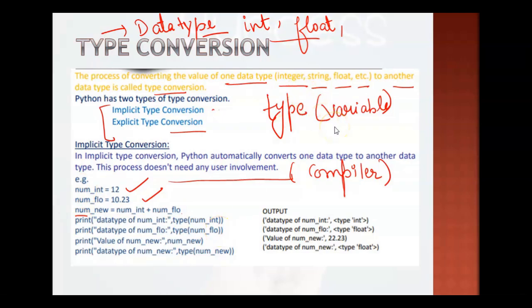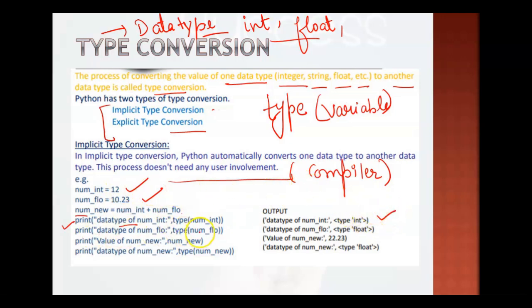So if you write like this, you will be able to check the data type of the variable, right? So here you please check. I've written one print statement, and "data type of num int" is given in double quotes, so that will be the output as it is. It will display on the output window, and then I'm checking the data type of num_int. You can see the value is an integer only, so you will get int here, right?